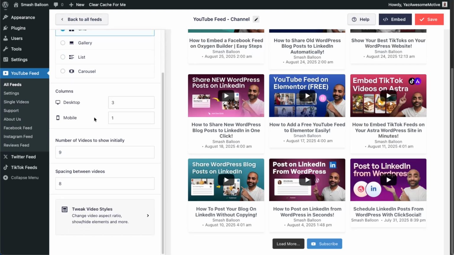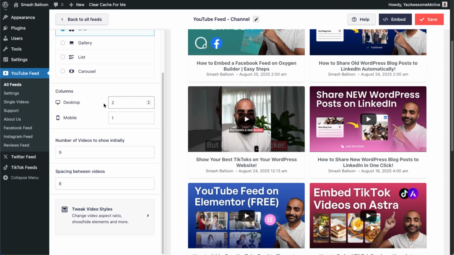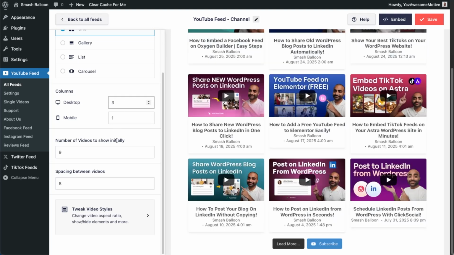you can choose the number of columns you want to display inside the feed as well. Currently, we're displaying 3, and if you want to modify it, just type in the number of columns you want to display. For instance, let's go with 2. Instantly, our YouTube feed updates to display 2 columns instead of 3. But for now, I'm going to set that back to 3, and looking underneath that,